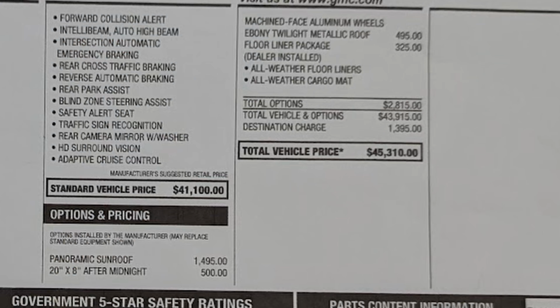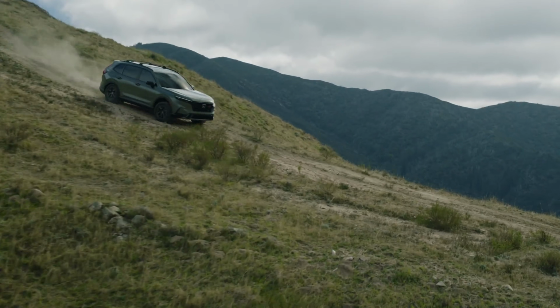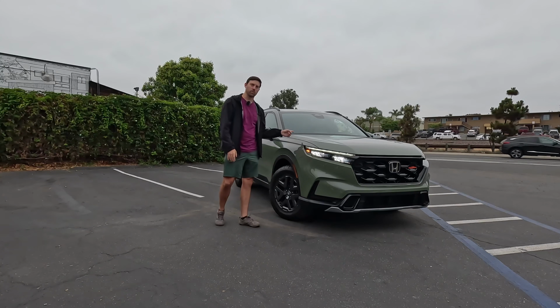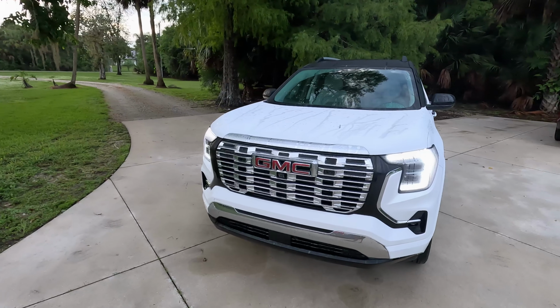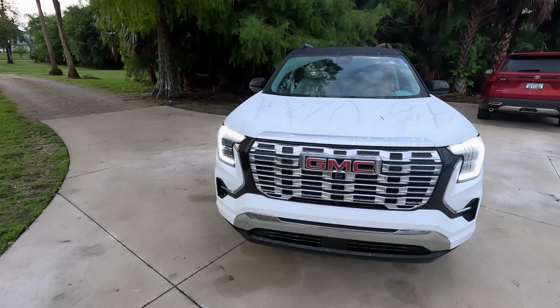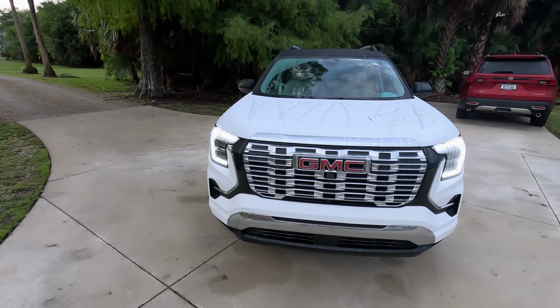This week I've been driving the 2026 $45,000 GMC Terrain Denali. I'm going to tell you what it's like compared to a vehicle that I just tested last week out in California, which is a direct rival to this, the Honda CR-V hybrid. Does this refreshed GMC have the chops and the updates to make it competitive in this really hot compact crossover